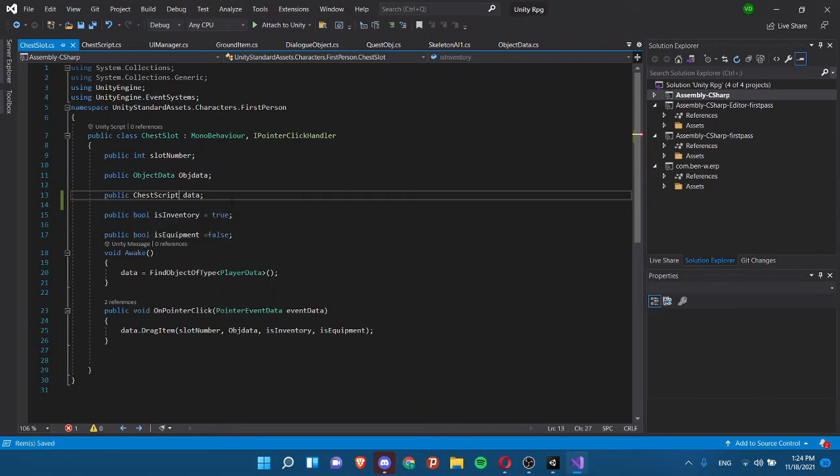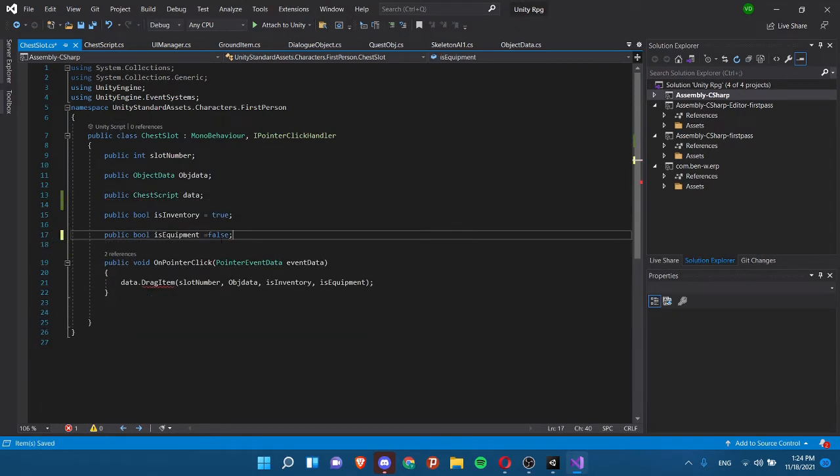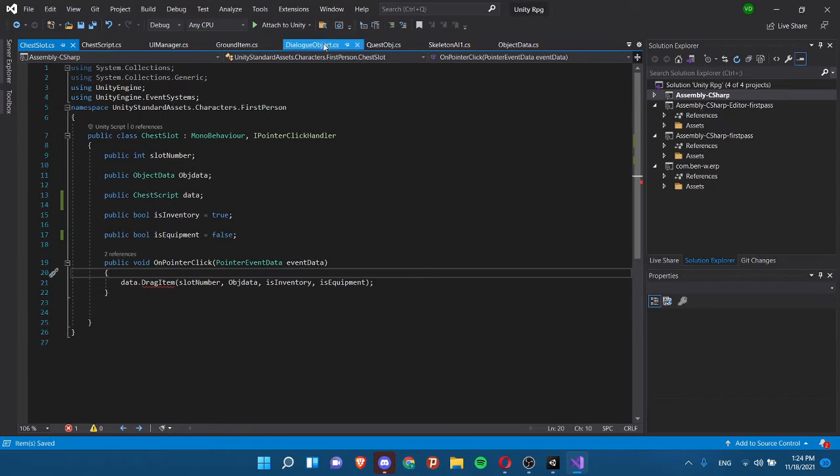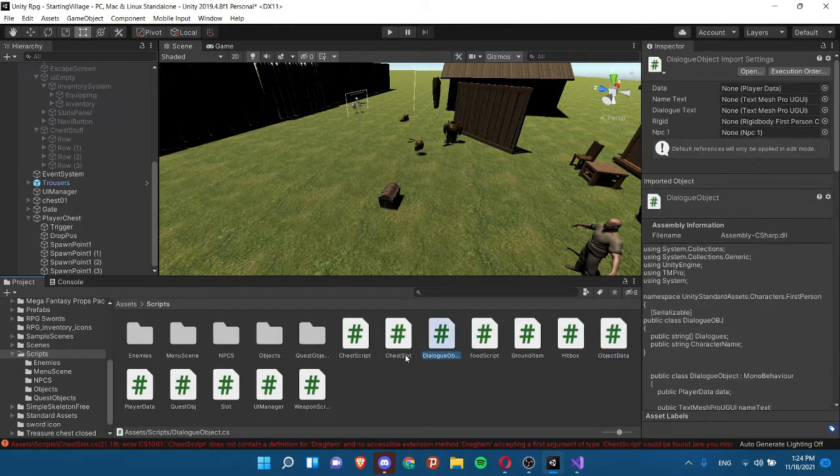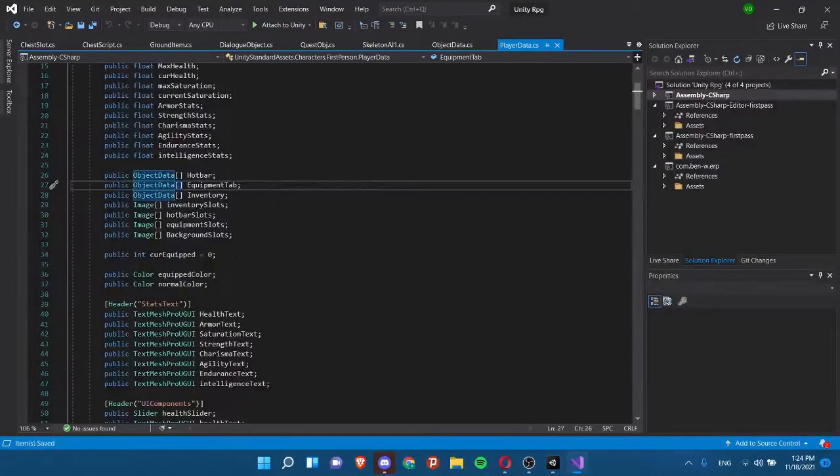Then we can just delete this void awake. And for drag item, we can remake it, but I'm too lazy, so we're just gonna see if we can steal any code from our old script. So we can just go into our player data, which is right here,